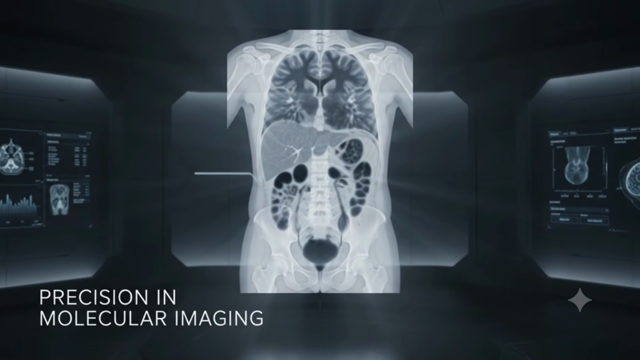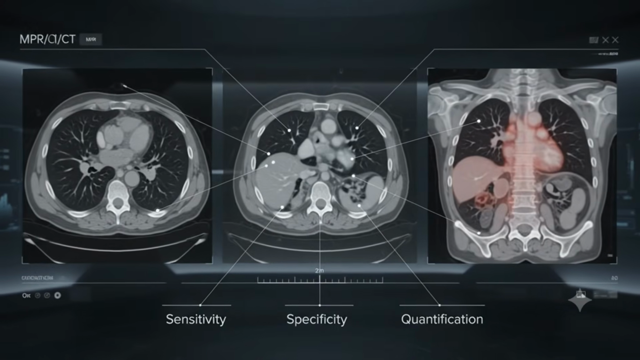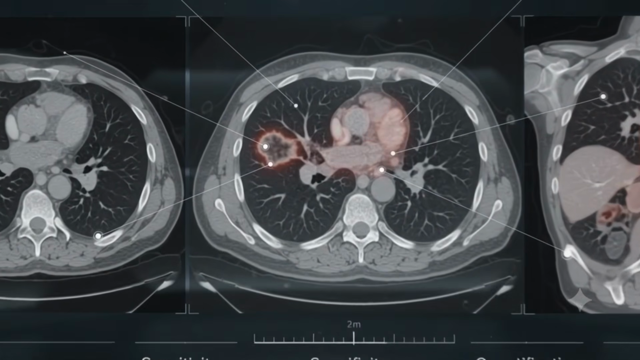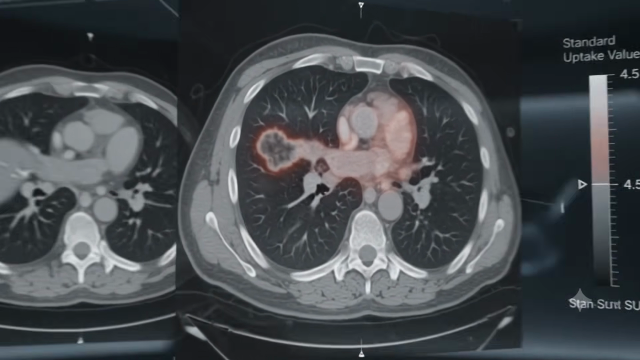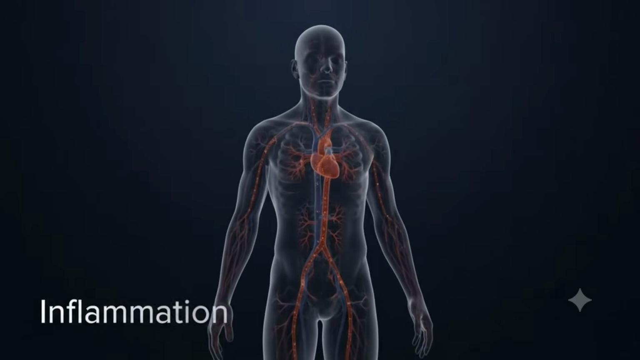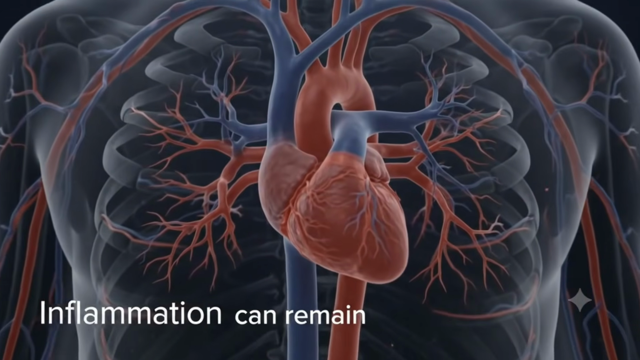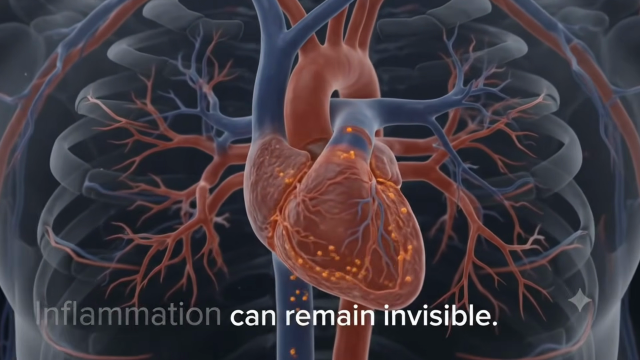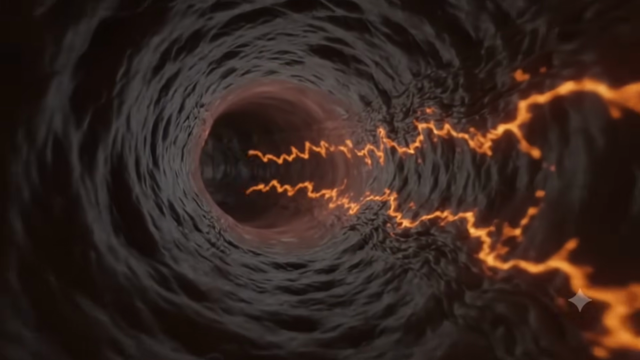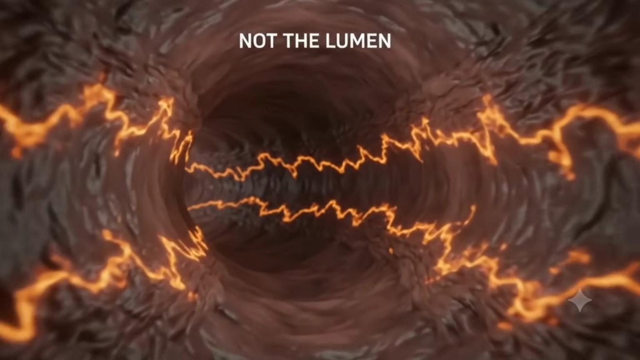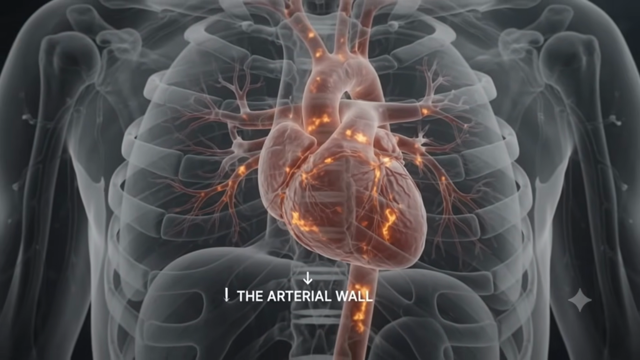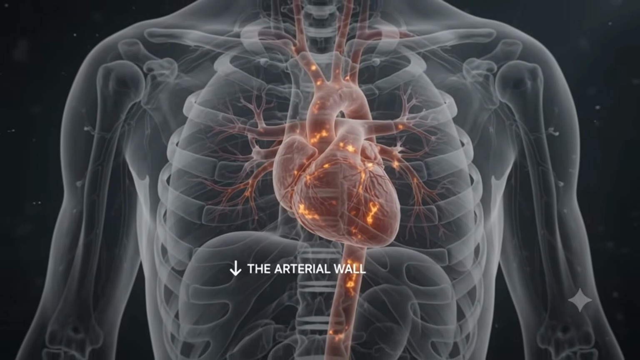Mapping cellular metabolism reveals the true extent of disease, guiding targeted therapy. Inflammation can remain invisible. The true target of this disease is not the blood flowing through the artery, but the arterial wall, where inflammation silently develops long before